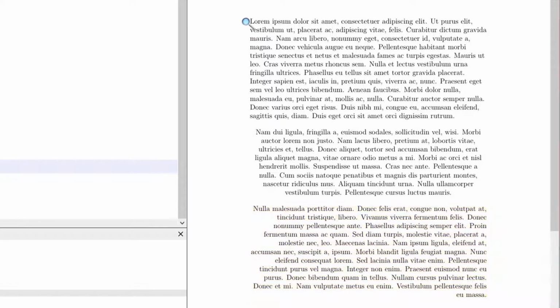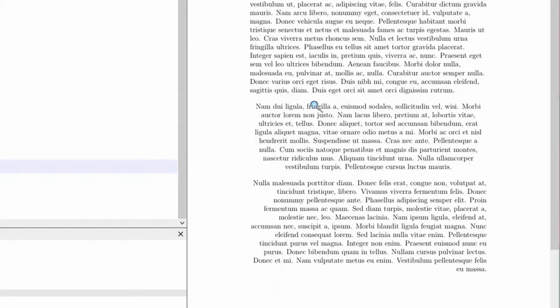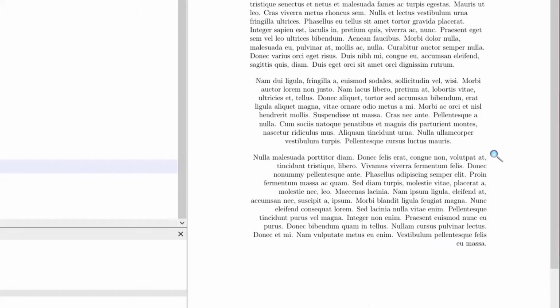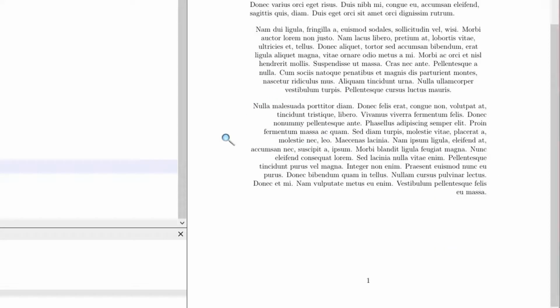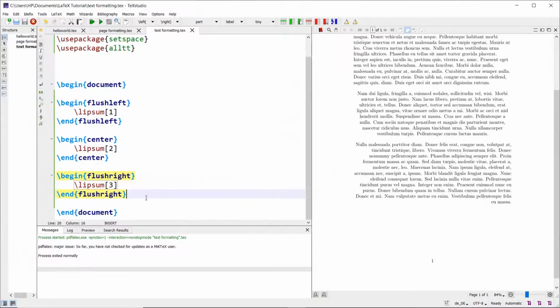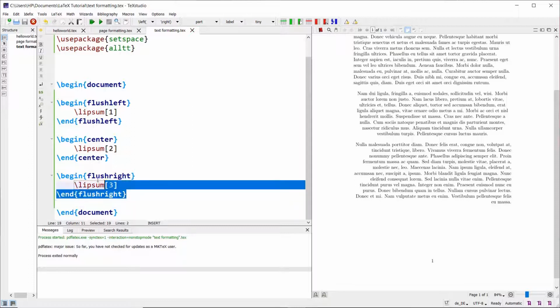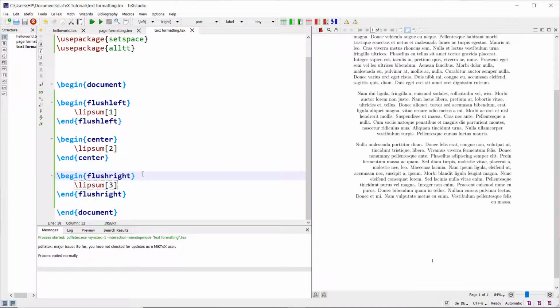You can notice now the first paragraph is typeset with left alignment. The second paragraph is typeset with center alignment, and the third paragraph is typeset with right alignment. And further paragraphs outside this environment will be typeset with both way justification.